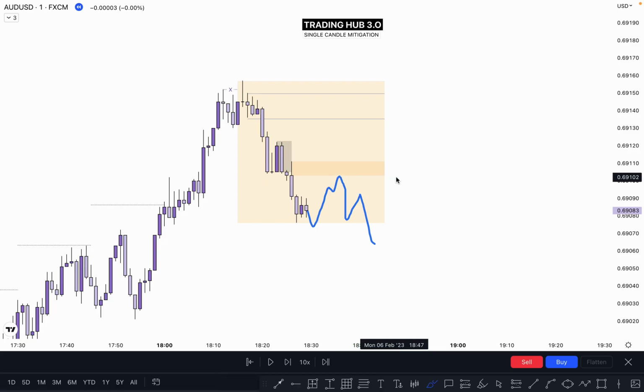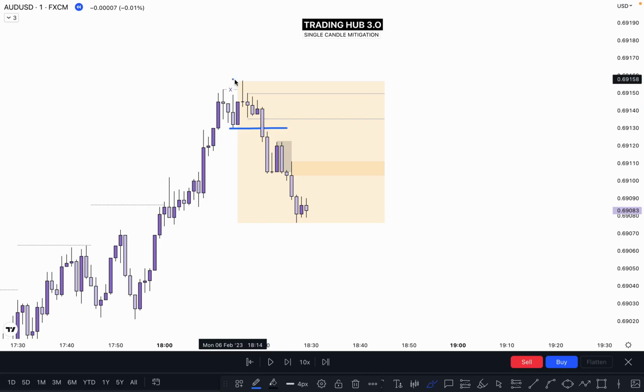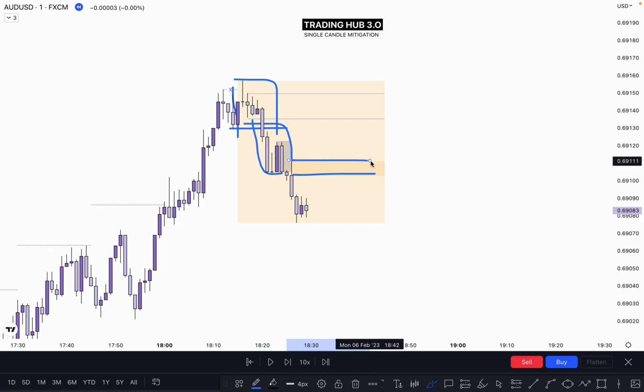But if the market does not create any single candle confirmation, then you don't need to sell here. Everything is already mitigated here, right? Everything is mitigated and only one POI is here, only an unmitigated shadow, then definitely you can take entry here, sell without any hesitation. Why? Because everything is mitigated, only one POI is here on the 1 minute,